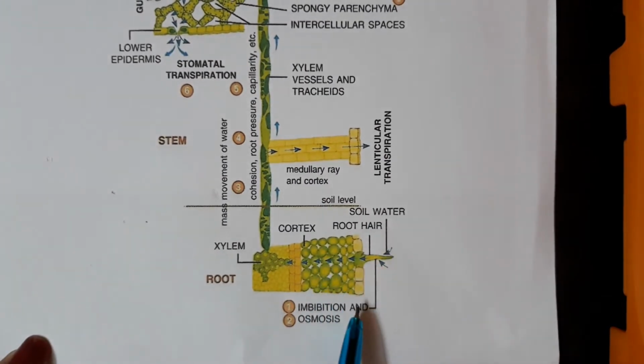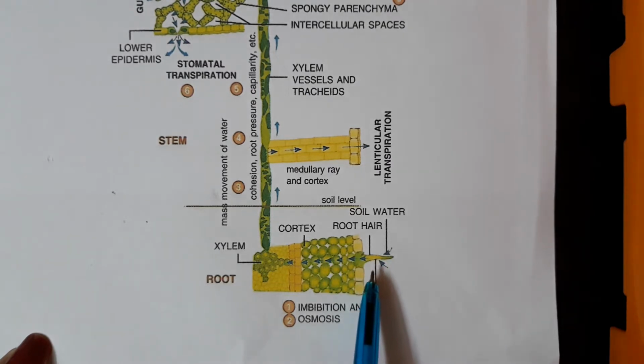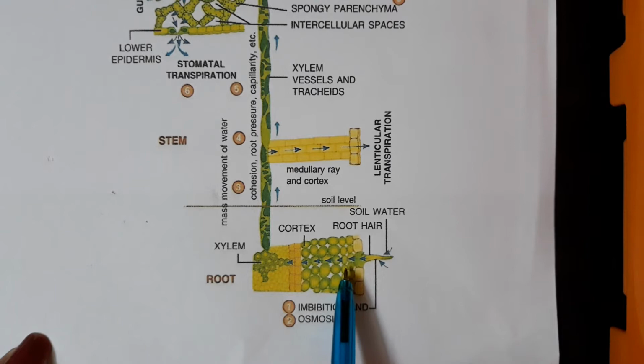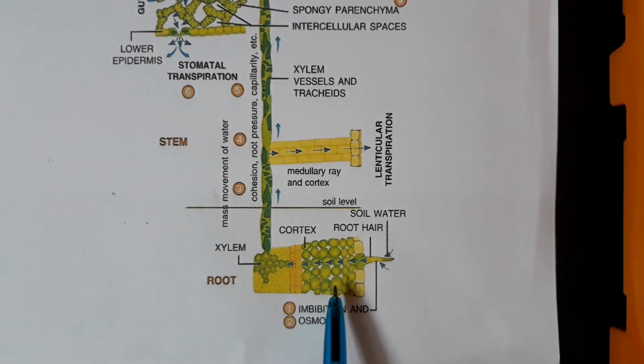Here you can see the absorption of water by the plant in the roots is by means of root hairs. A root hair contains cell sap, which is highly concentrated as compared to the soil water outside. So this difference sets in osmosis, and the outside water diffuses into the root hair. From the cell bearing the root hair, water continues to pass through the adjoining cells and finally reaches the